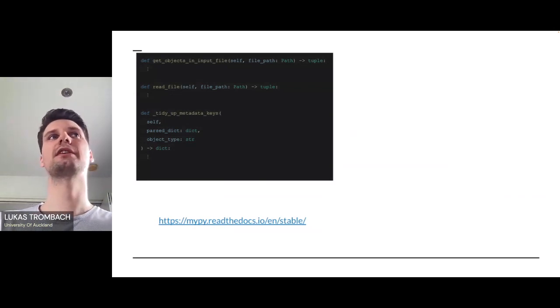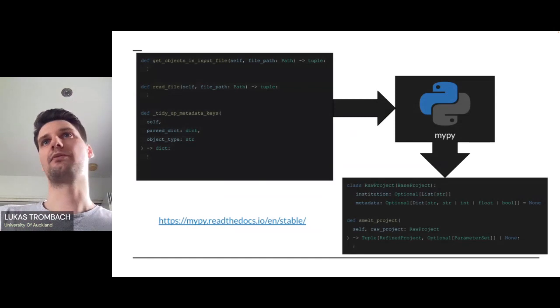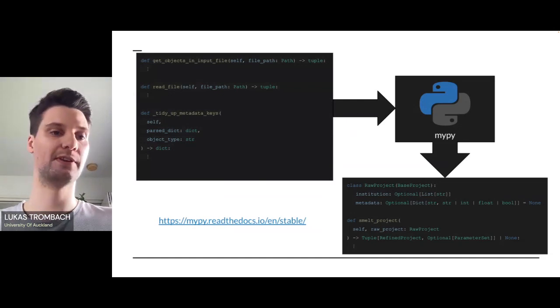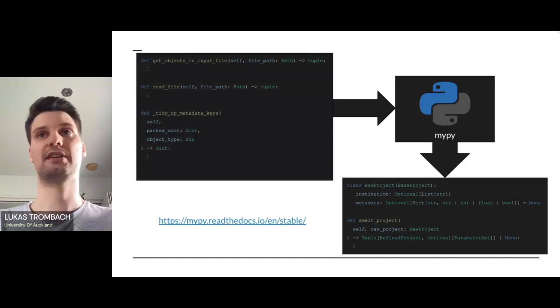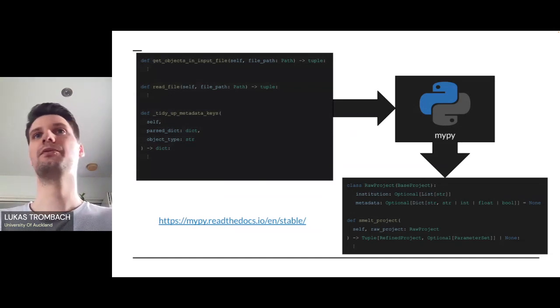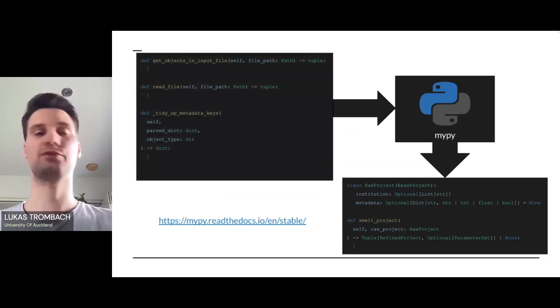And we've done quite a bit of refactoring to make this all a bit more usable with MyPy. MyPy isn't used for refactoring, but it's the tool that can help you check all of these types. It also comes with extensions for all sorts of IDEs, so you can have those checks run while you're writing the code, which I personally find very useful. But basically, we've refactored many things to have these data classes. So we have, for example, a raw project data class, which maps to a project object in my TARDIS. And then we have strongly typed